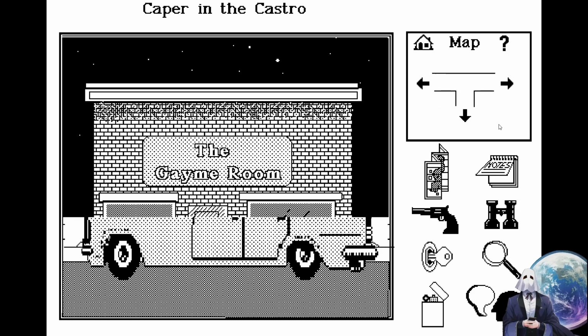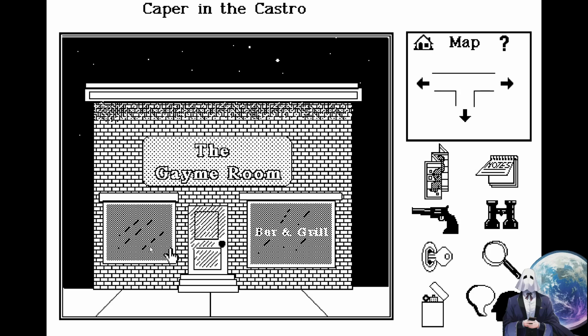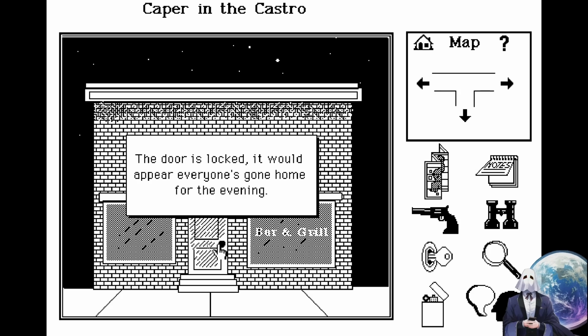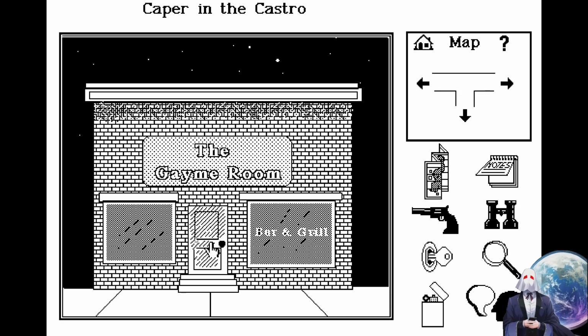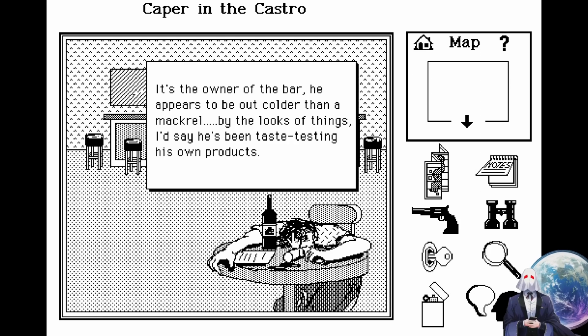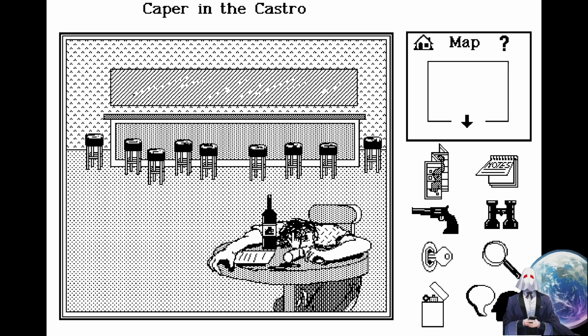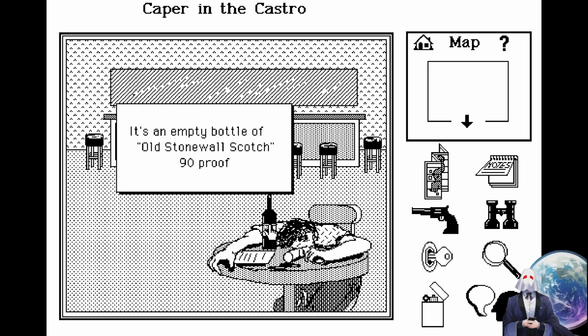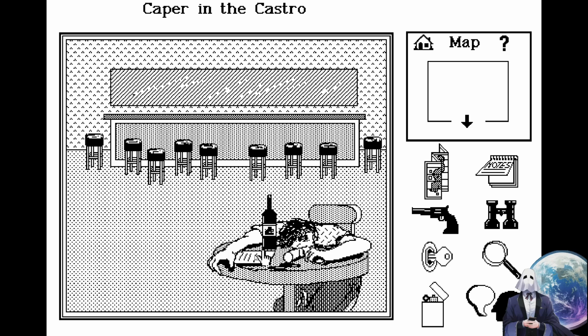Okay. Door is locked. Try to pick it again. Oh, I was able to open it. Uh-oh. It's the owner of the bar. He appears to be out colder than a mackerel. By the looks of things, I'd say he's been taste testing his own products. An empty bottle of old Stonewall Scotch.